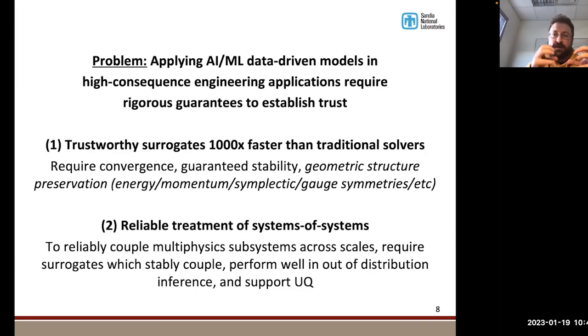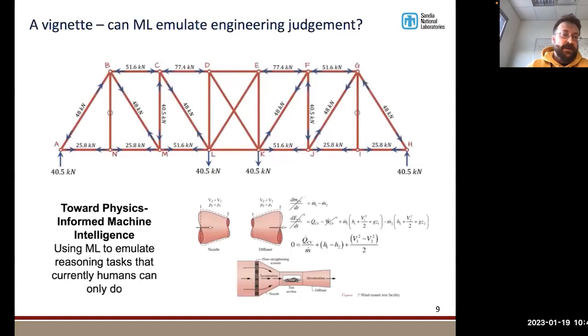what we want to be able to do is glue them together to look at a system of systems. Right? We want to be able to couple these cheap surrogates together, but guarantee that once we glue them together, again, it's not going to blow up. And again, it will remain physical. And we want to be able to do that in a way that supports uncertainty quantification, all these kind of things that people are interested in doing to query things. So before I dig into the math, I have this kind of little vignette